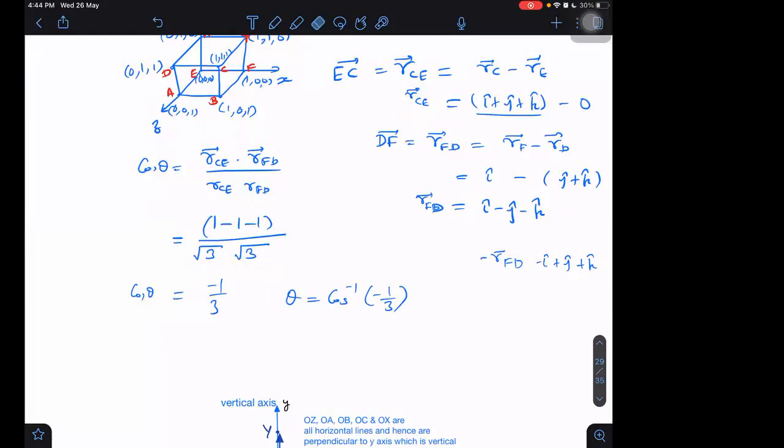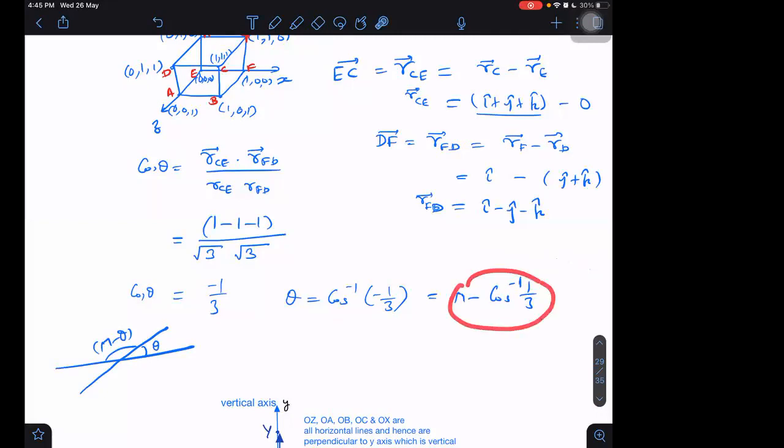Yes, sir. 2 minus 1, 1 only. It will become cos inverse 1 by 3. So don't worry. Actually, this is pi minus cos inverse 1 by 3. And if I have two lines, and I'm asking the angle between those, then when one angle is theta, the other angle is automatically pi minus theta. So it is understandable that we can get this pi minus cos inverse 1 by 3,